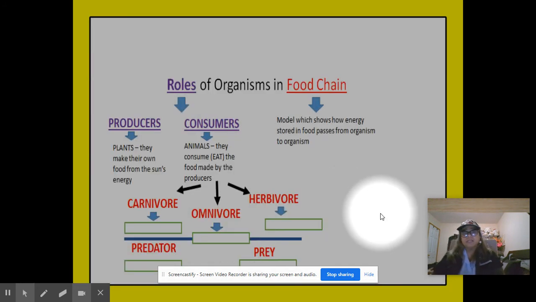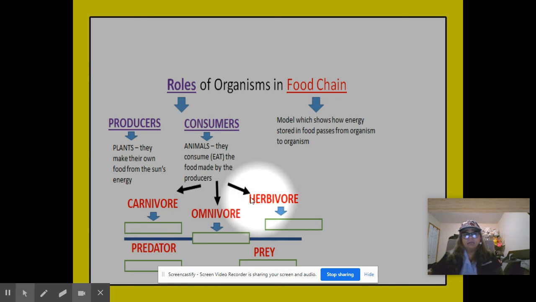Now, of course, all of us have different roles or activities to perform. Broadly speaking, we have what we call the consumers, mainly us, animals. We belong also to the animal kingdom. Producers are the plants. They make their own food from the sun's energy. So as consumers, where man is included, we can be any of these three. We can be carnivore or meat eaters, herbivore or plant eaters,